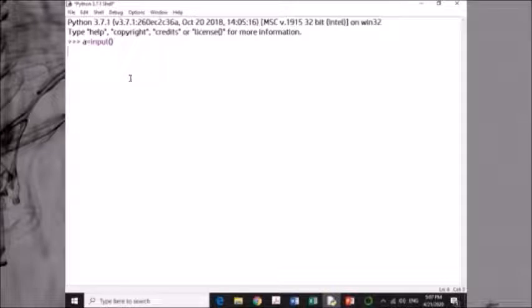That means I have to provide an input. I write 10 and it has been stored. Now this 10 is not a number, it is a string. If I type a, it shows 10 in single quotes, so it is a string, not a number. If you want to use it as a number, you have to convert it.